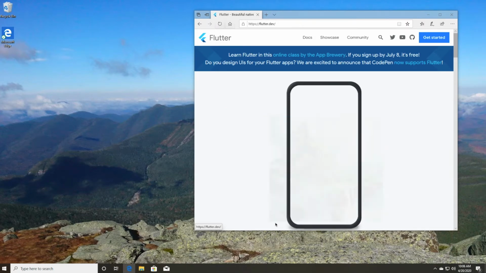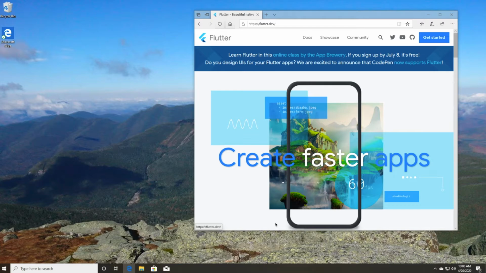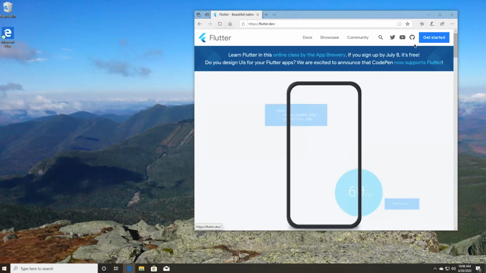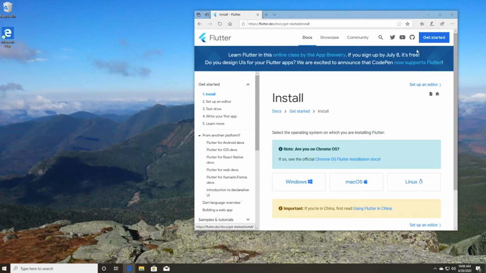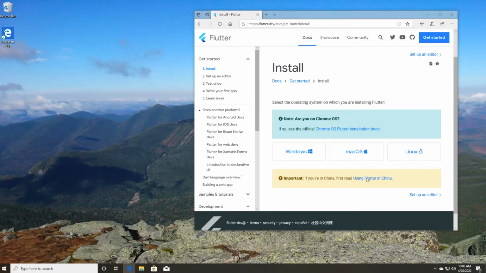Alright, so installing Flutter SDK on a system, regardless of what it is, starts at flutter.dev, and there is a Get Started button right here that you can click, and that will take you to the installation instructions, and they're going to vary with your system. So today we're going to do Windows. If you are in China, there are some prerequisites here that you'll want to hit. I'm not going to walk through those, so make sure you do those first, and then we can click on